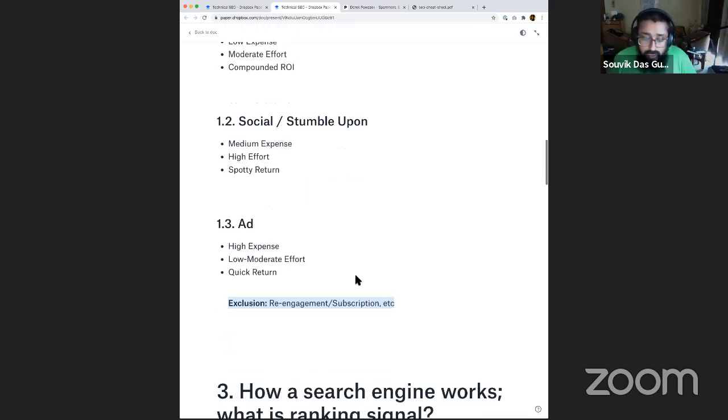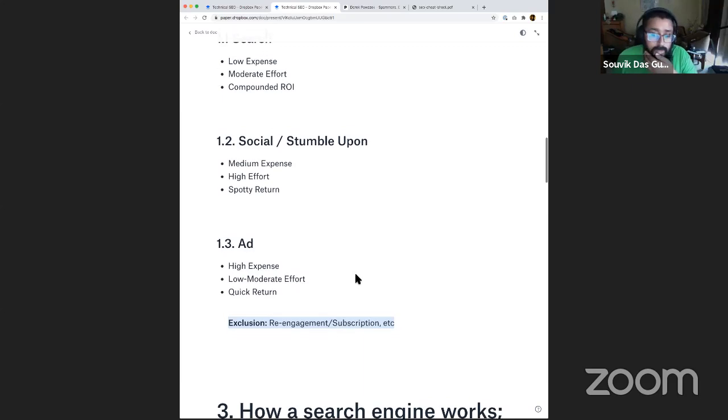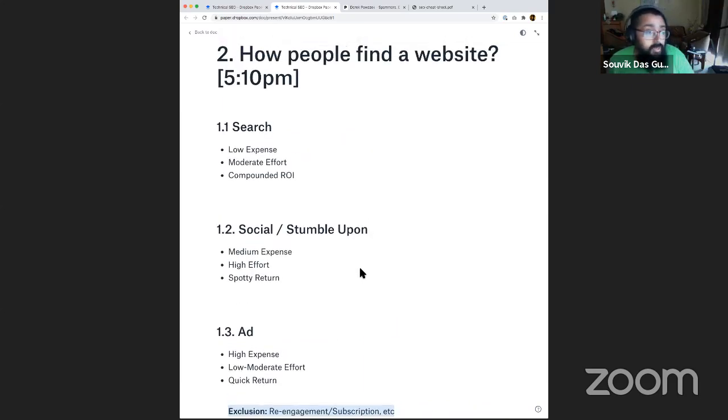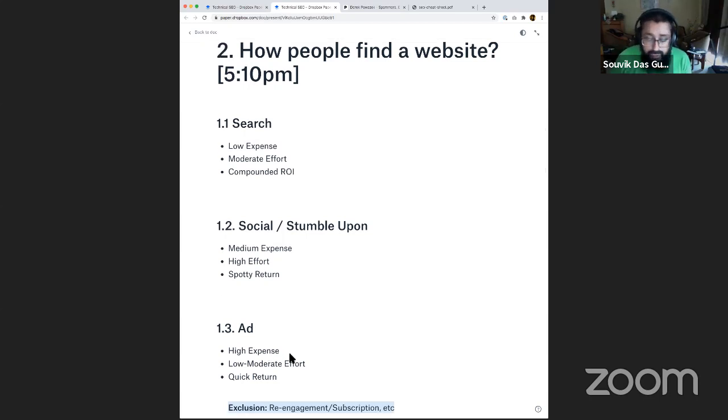If you have any thoughts around this point, how people come to your website, feel free to ask a question, raise your hand, or something, and I can try to take those questions and take that as a discussion. But broadly, these are the three ways people come in and find a website. I'm only excluding re-engagement strategies, like subscription, newsletter, and so on, because over here I'm mostly talking about discovery of a new site, rather than being updated of new things, because over there also there's a world of different things that you can do.